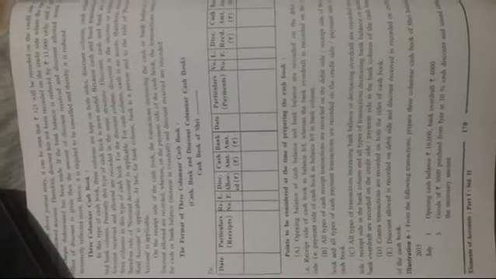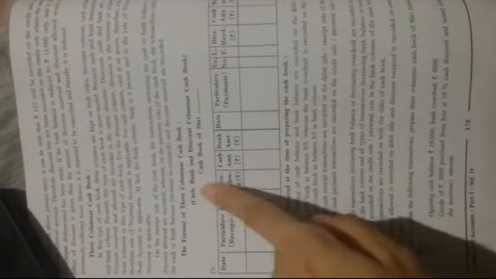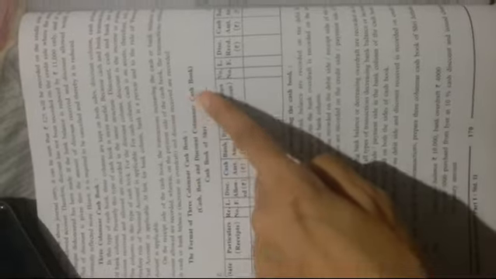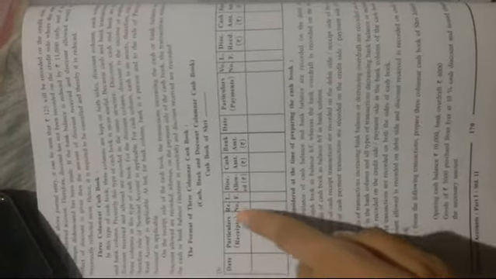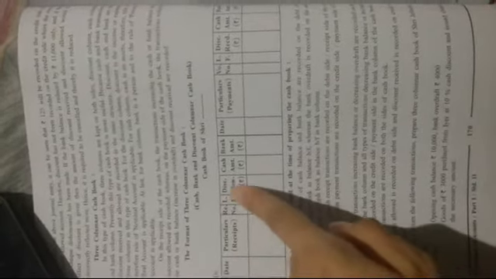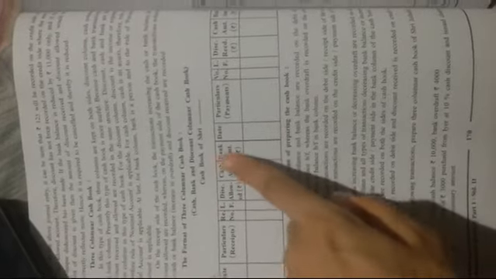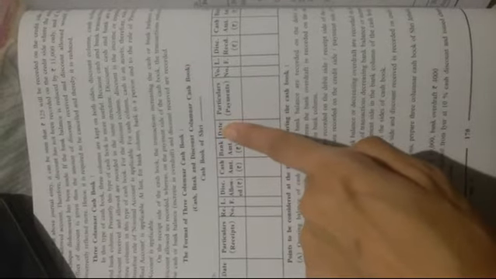Now let's see the format of three columnar cash book, which includes cash, bank and discount columns. So first of all, make the date column, then particulars, receipts, then receipt number, LF number, discount allowed column, cash amount column, and the bank amount column. Now for the credit side, again start making the date column, particulars column, that is payment column, voucher number column, LF number column, discount received amount column, cash amount column, and the bank amount column.